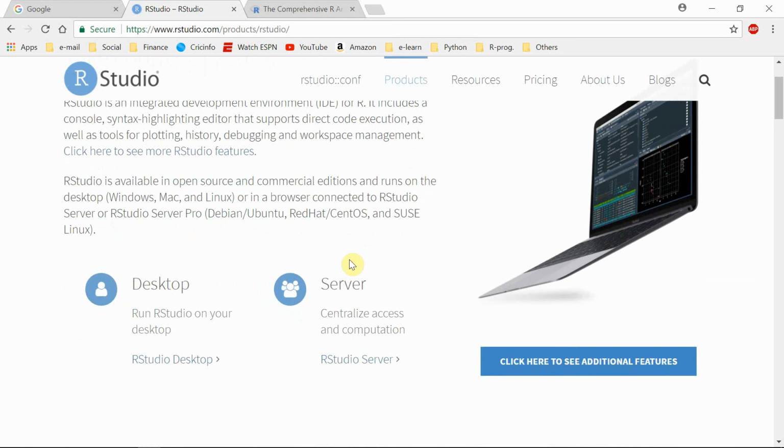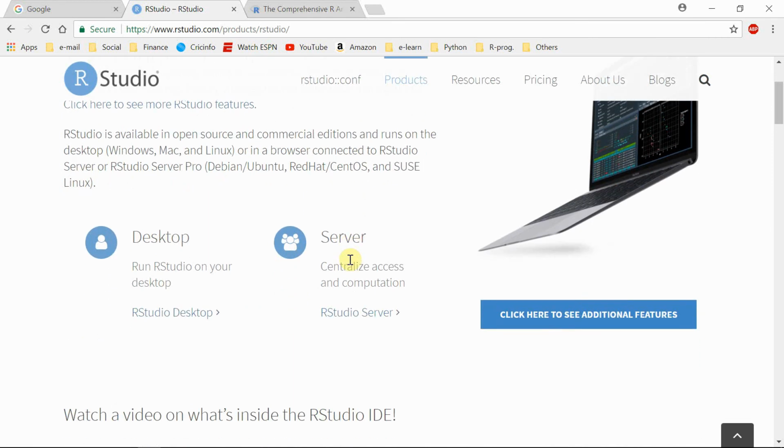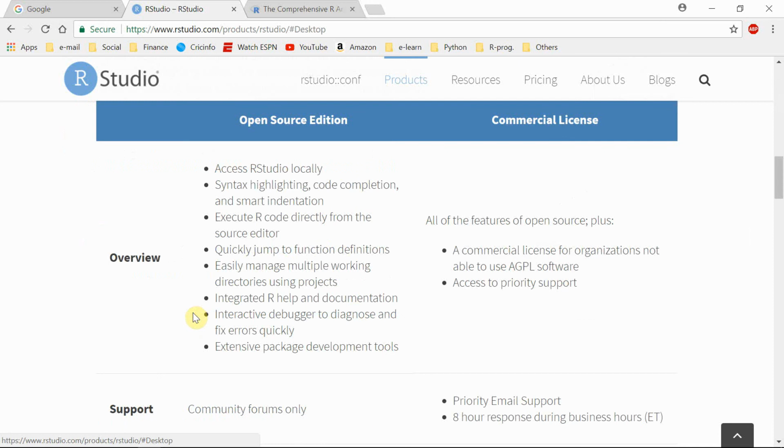Then you can see two versions. First of all, the desktop and server. We want RStudio desktop,